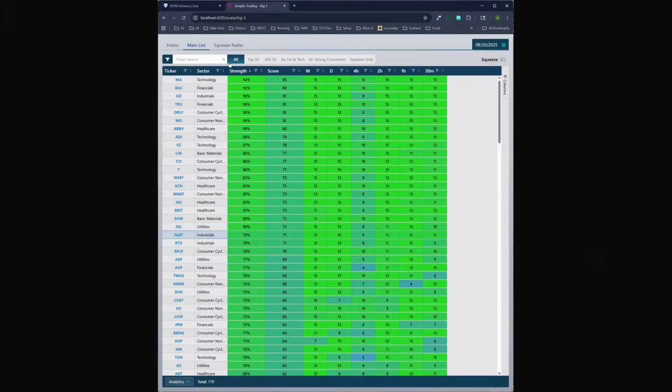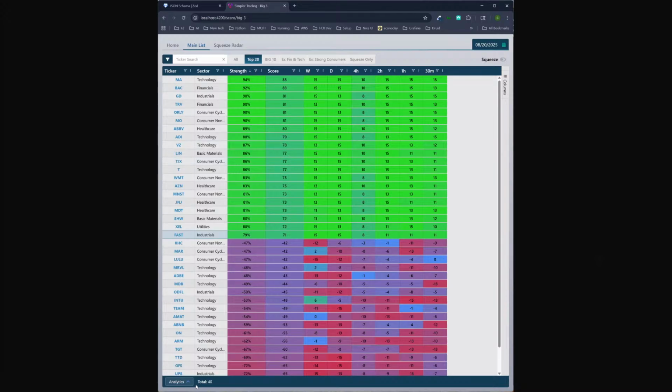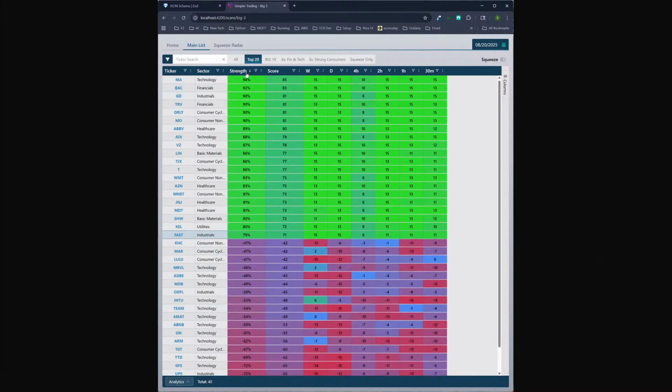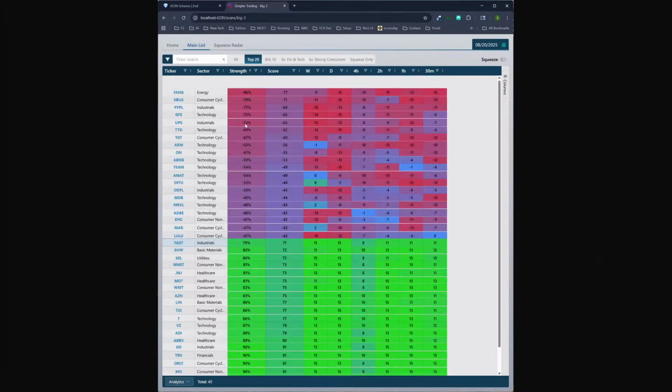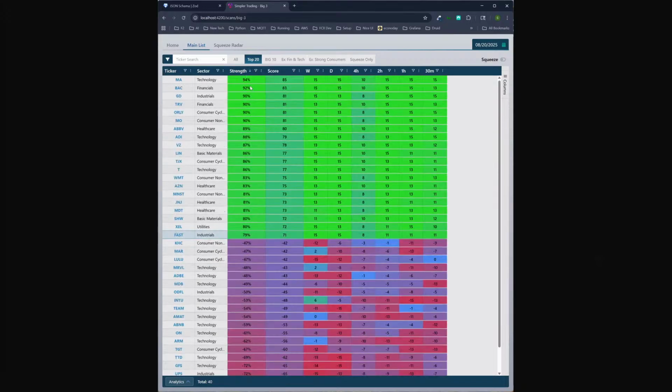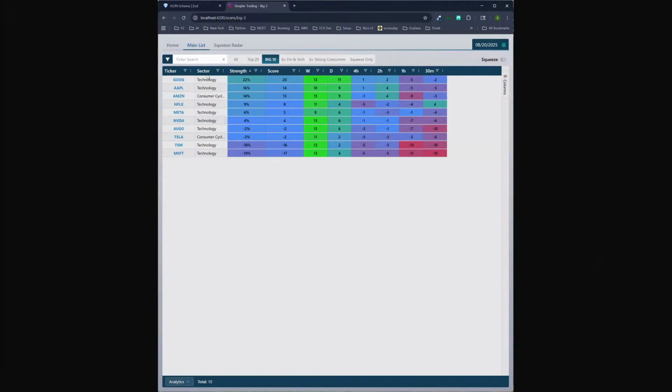So by default, it's showing all. If you click on top 20, you can see it changes to a total of 40, and it's top 20 bullish at the top and top 20 bearish at the bottom because I'm sorted by strength. I can change that, right? I want the weakest at the top for whatever reason, right? You can go to Big 10 and it shows you the Big 10, same ones that are in the